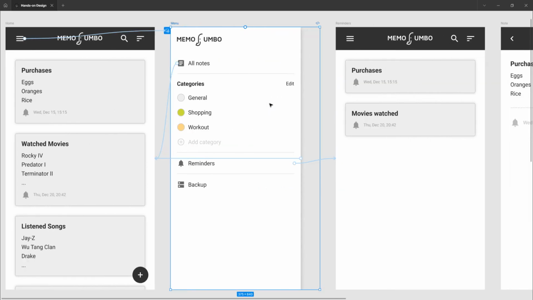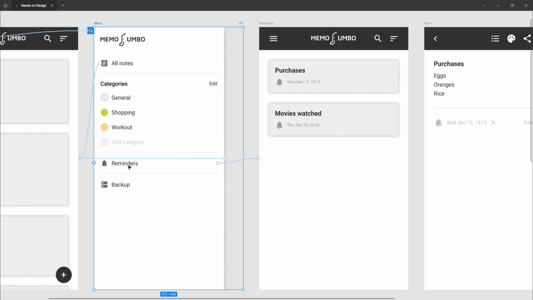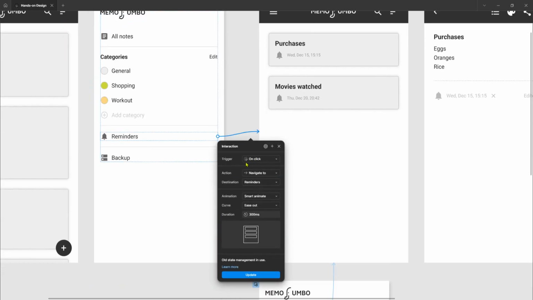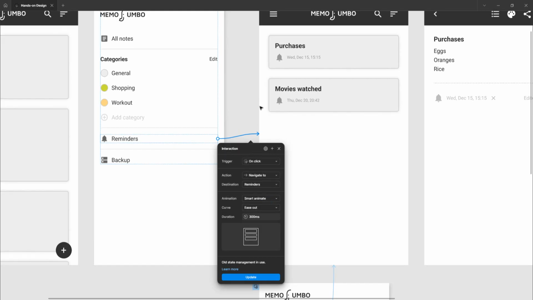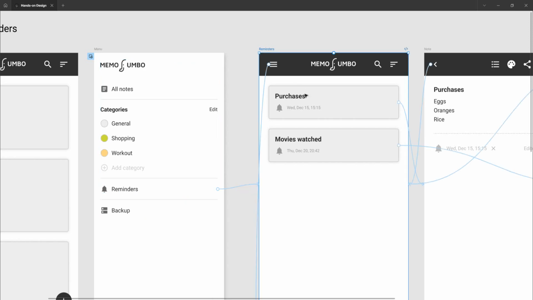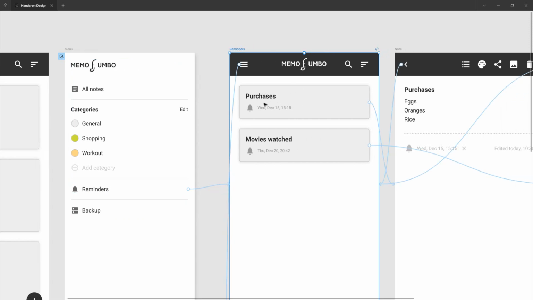And we have one more interaction here. So reminders is the most important one. And the interaction will be on click, navigate to reminders, which means the next screen, smart animate. So with this smart animate, the user will land here, and we will need to design, or better saying, adapt